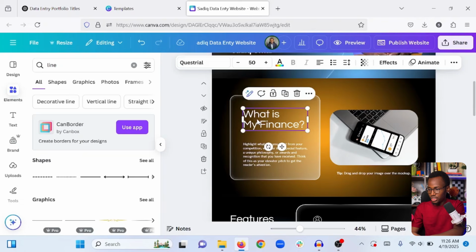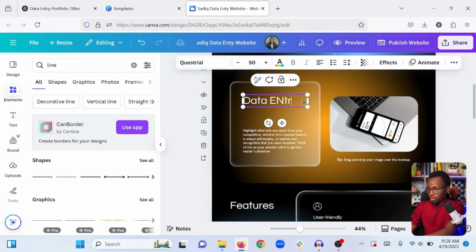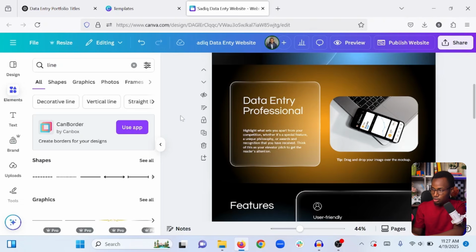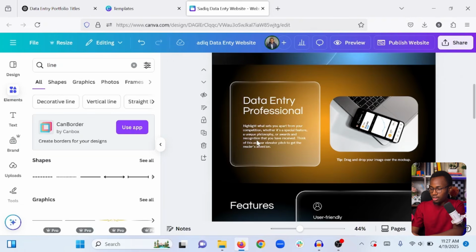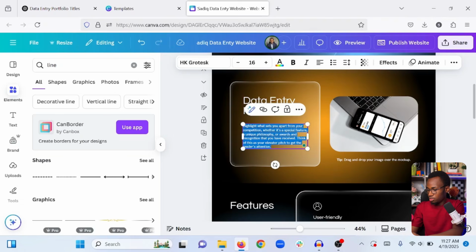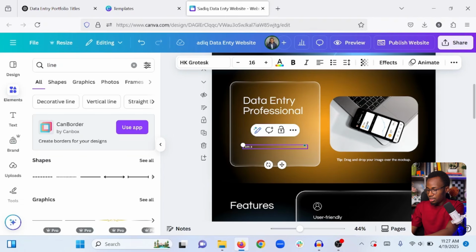Yeah, we are going to change this to something like data entry professional. Obviously, you can use ChatGPT to help you write better content that is going to attract potential clients, and we are going to write a little more information, background information. Let me just write something from my mind, and I can make it better with ChatGPT. I am an expert in data entry